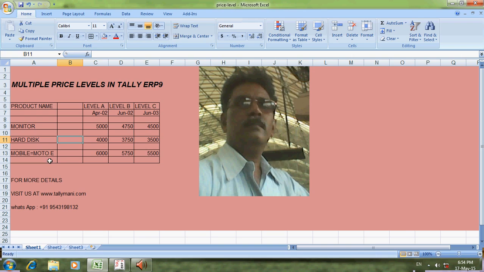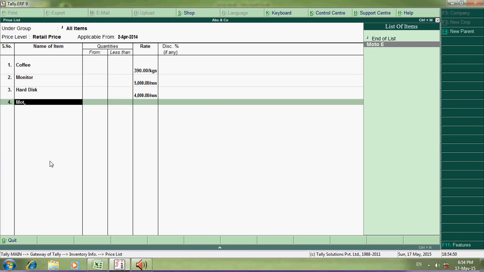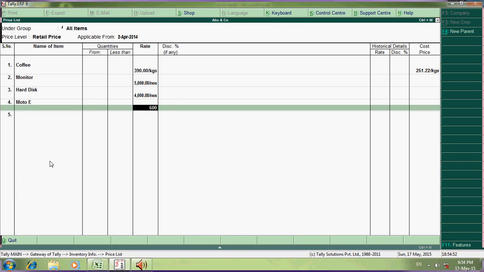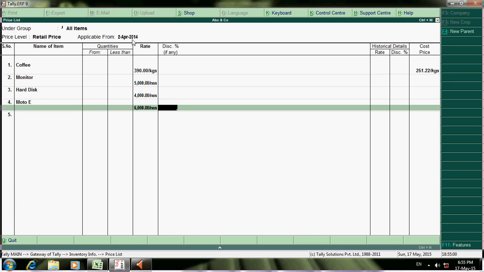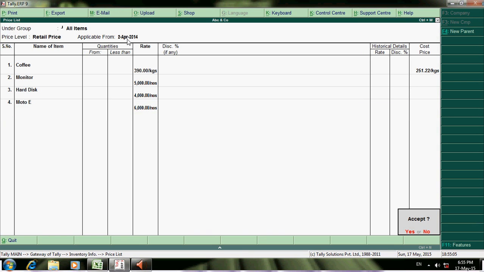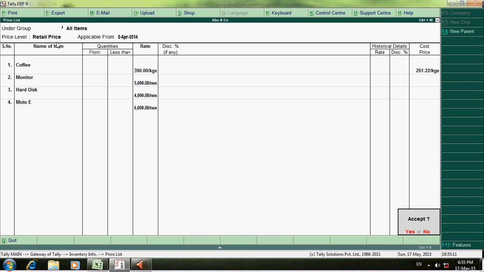Then Moto E 6000. See, this slab A we have created as on date, we have mentioned here like this. This is under retail price. This slab is a retail price applicable from, we are just giving the date here.